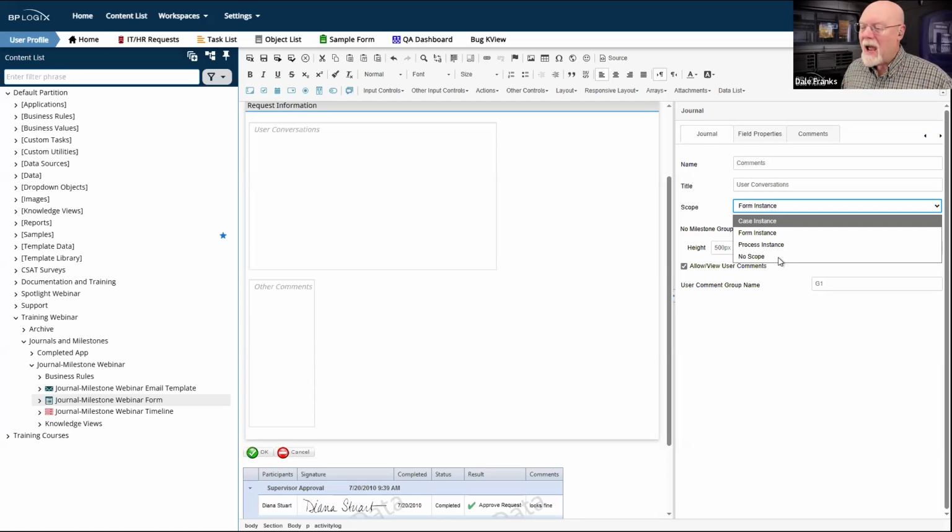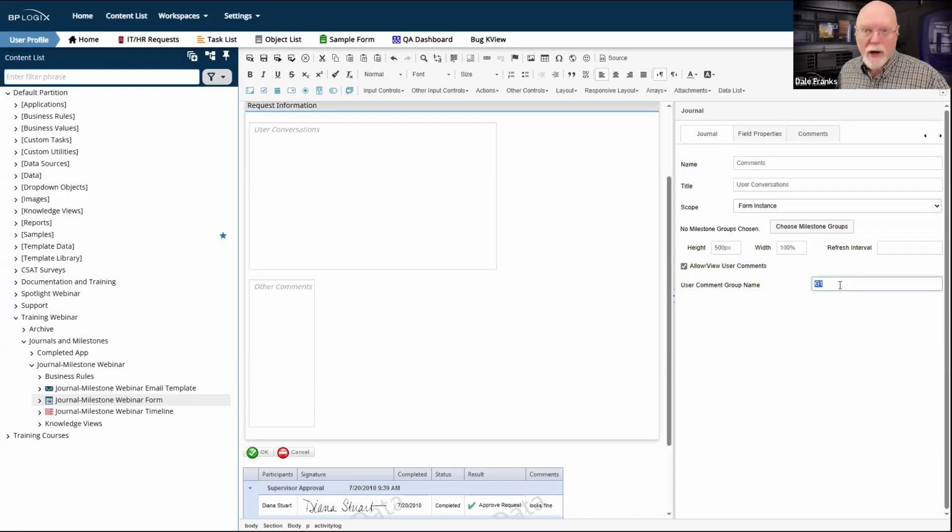And so if I am sharing a comment group between all 6 of those form instances, and I want to know when people make a comment and I want it to show up on my form, what I have to be able to do is force the journal control to reload itself so that it loads all of the other comments that might have been made in the other 5 running form instances. And so by setting the refresh interval in seconds, what I am telling the journal control to do is to poll all of the other journal controls at however many seconds it is.